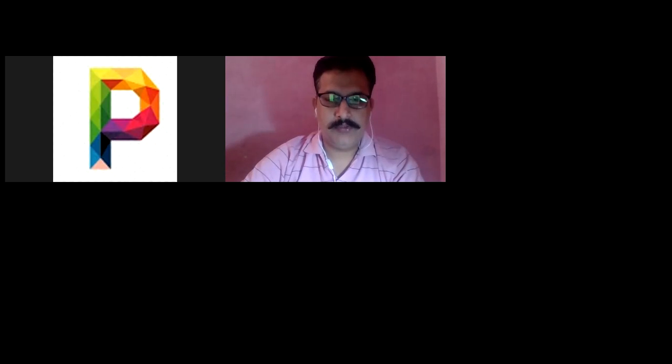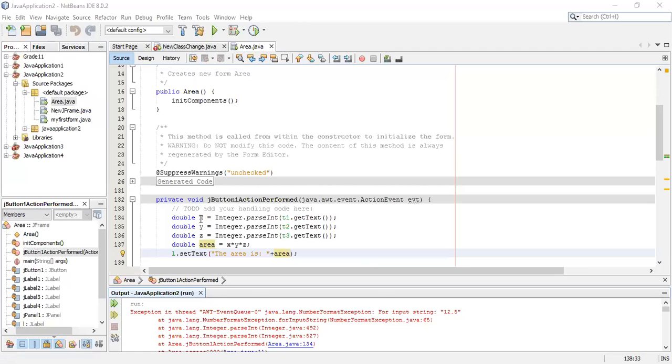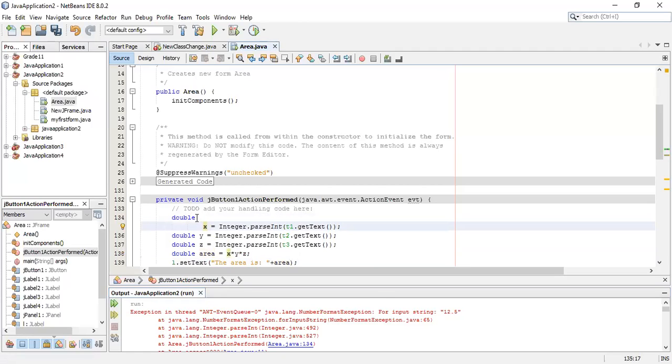Okay, one more thing we should always do over here is that this declaration of the variables should be done in the beginning. Otherwise, sometimes the compiler gives you some error like this, right? So what we need to do is initialize everything first, declare everything first, and then